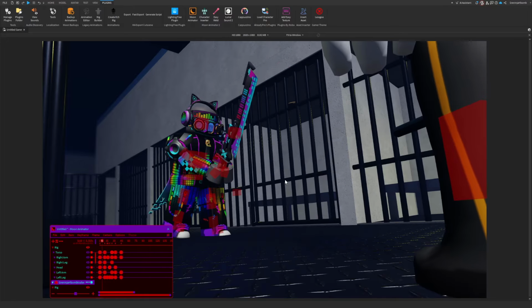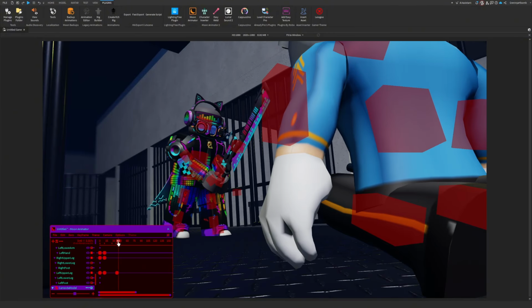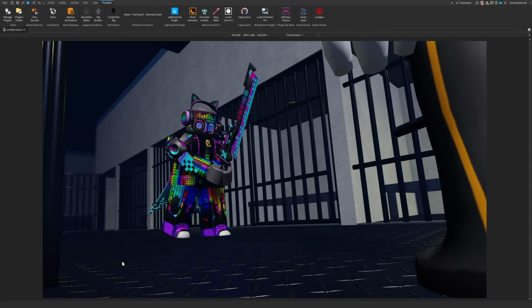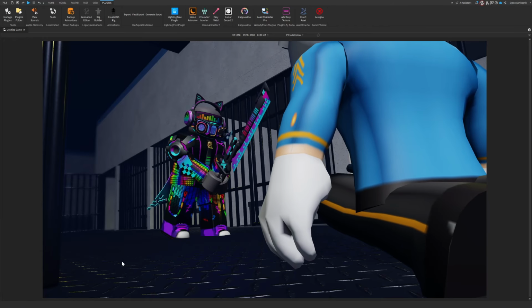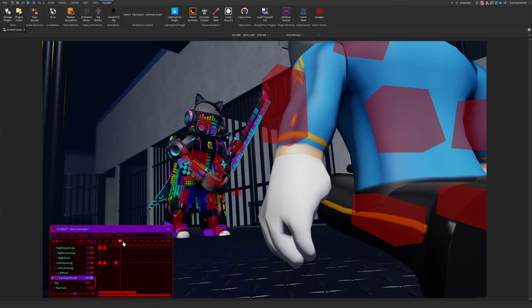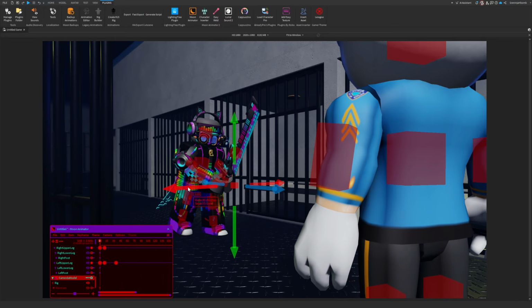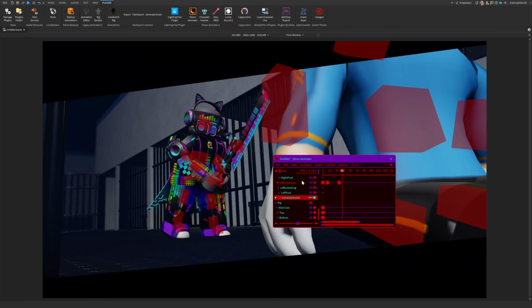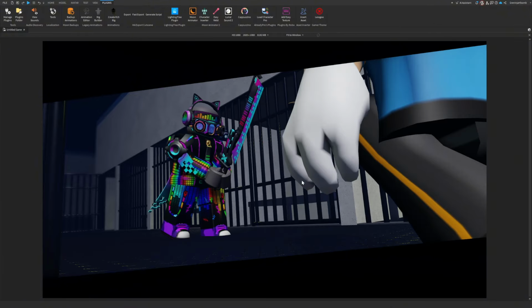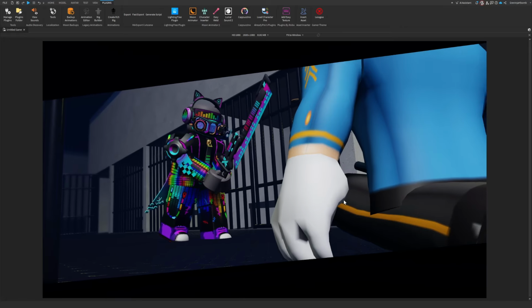Oh, and now we actually have to animate me. I think that's good. We're just gonna leave it like that. It's not good, I don't think. But I'm gonna leave it like this. And the final part is camera and cinematic bar thingies. Now, we could just leave it like this. But I think I want to, no. I think that's good.